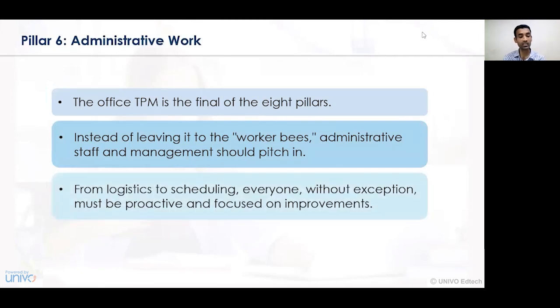From logistics to scheduling, everyone without exception must be proactive and focused on continuous improvement. What continuous improvements need to be undertaken, and how those activities need to be considered in a business organization, are all activities of administrative concern from the perspective of TPM. The seventh pillar of TPM, total productive maintenance, is the concept of education and